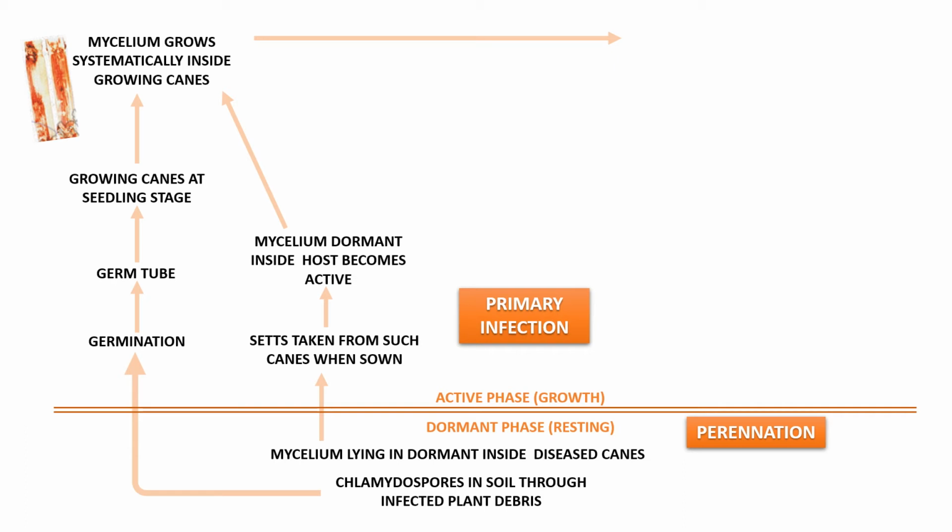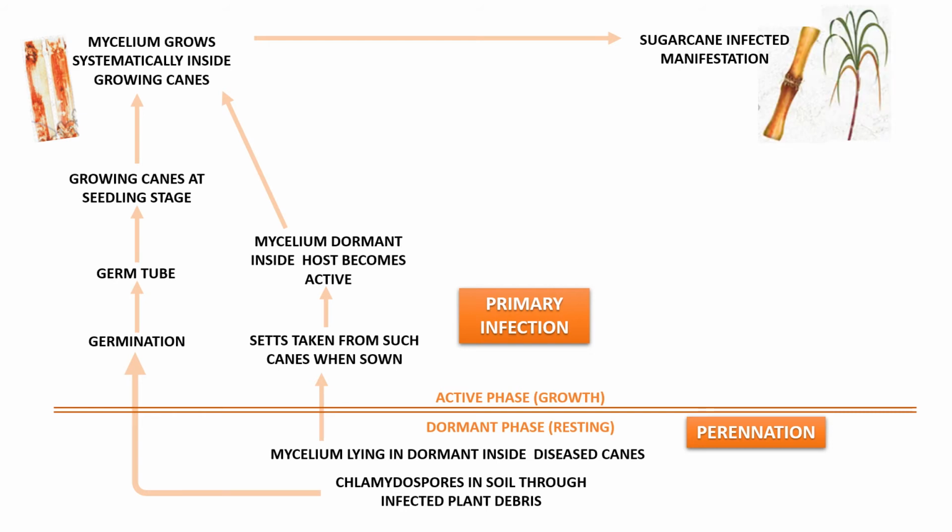After this happens, it means the infection has taken place and the red rot disease has been established. So after this, the symptoms are very clearly seen on the body of the sugarcane plant, which we have already discussed in the previous slides. What were the symptoms? The rind will lose its color and become dull in appearance. When we slit open the sugarcane stem lengthwise, the white pith will be found reddened in color with patches of white running transversely across, and so on. So what happens now?